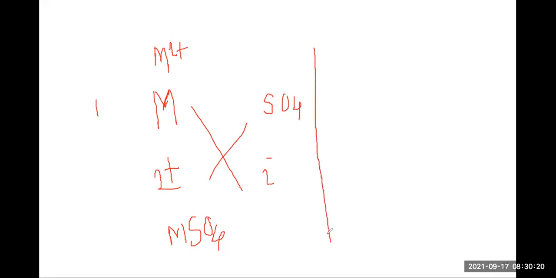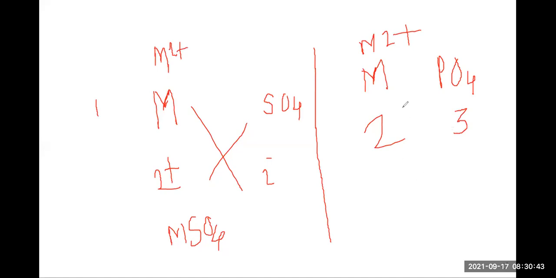With the phosphate, I am going to write here. Same thing: M 2 plus, but for phosphate we have to write M, its symbol first, and then phosphate, which we have seen is PO4. So what is the valency of M? 2. But here the valency of phosphate is 3. Then cross multiply it. What will you get now? M3 and PO4 in bracket with subscript 2. Getting it? Yes or no?